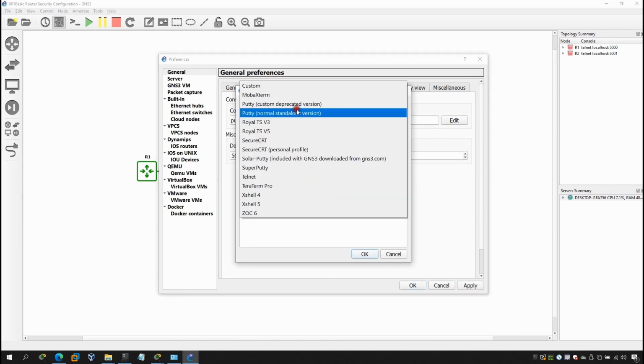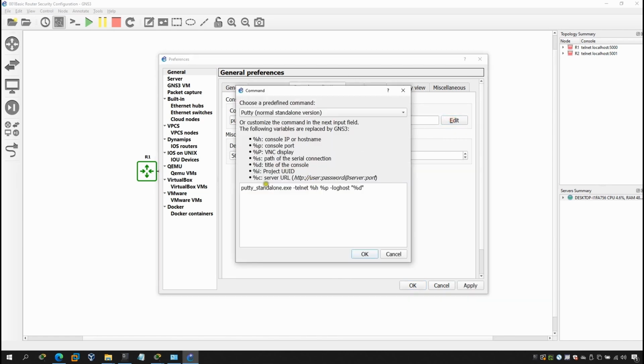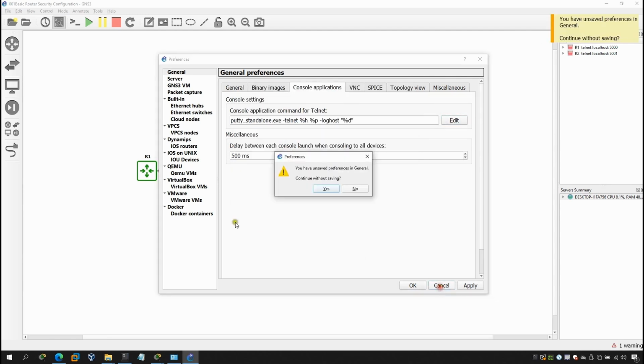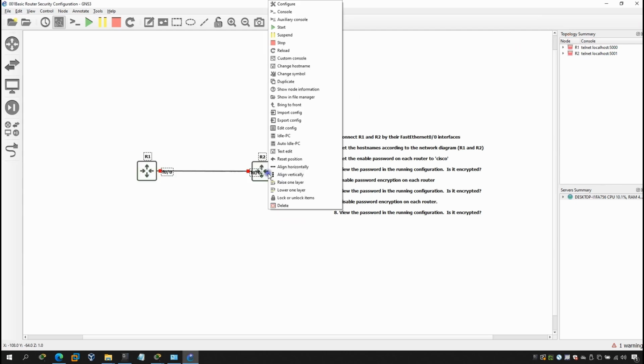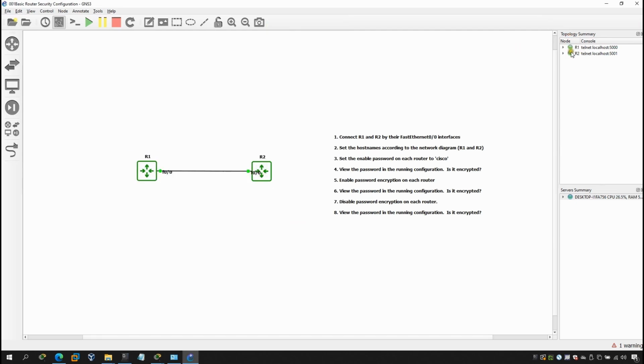Okay, and also you can just make sure it is running the exact same thing. Click OK, cancel. So you can now power on this. If you see right here, now the status is green. You can also see which Ethernet port this is using, router 1, router 2, and which port the console is using. So once we power on this one, it says we have already done task 1,